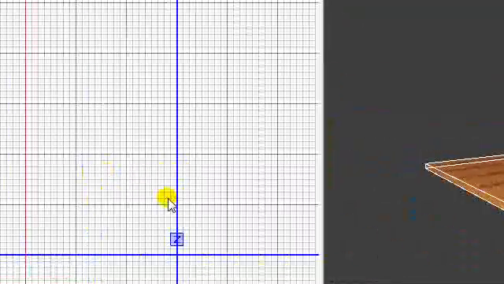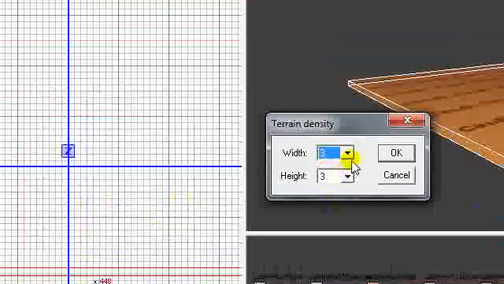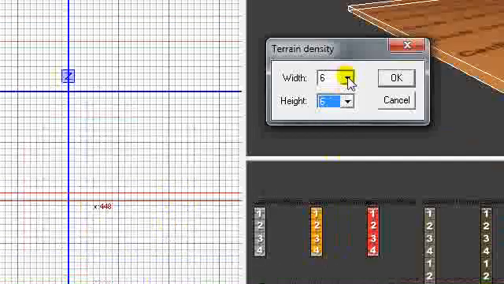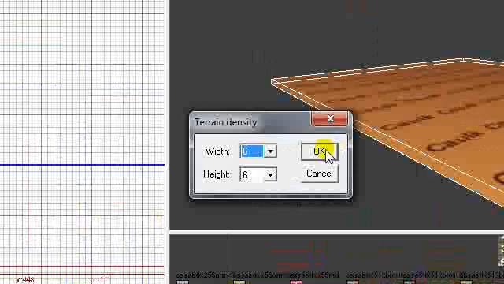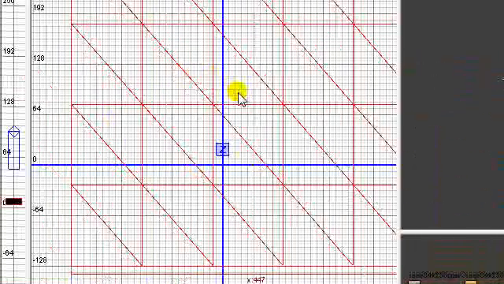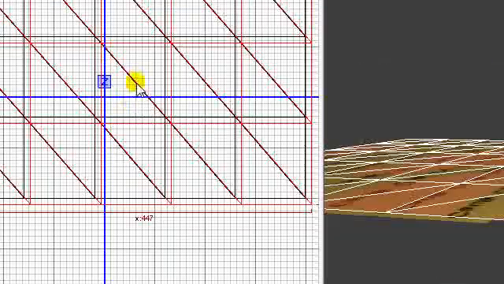Okay, now that we have the box, go to patch up here, go to simple terrain patch. Let's just change that to 6. If you want to make it very, very detailed, change it to 15 by 15, but I'm changing it to 6 by 6. It doesn't really matter. But after you've changed it like that, press space,